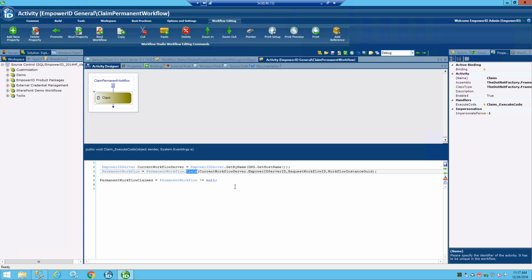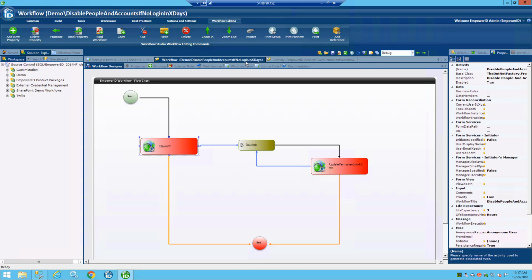What this function or stored proc basically does is claim the existing permanent workflow based on the last time this permanent workflow ran. Suppose you configure the workflow to run every 10 minutes. Then it checks for the last runtime of the workflow, and if it is more than 10 minutes, then it claims it. So this is the claim permanent workflow activity, and if we go back to our workflow,